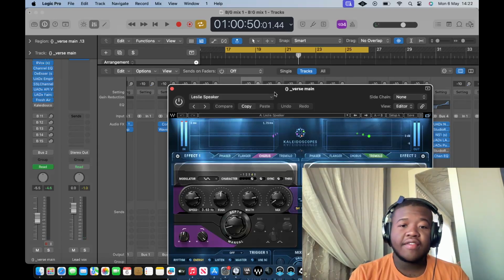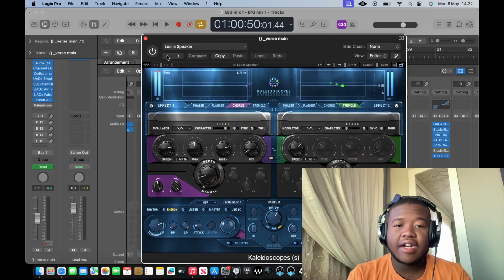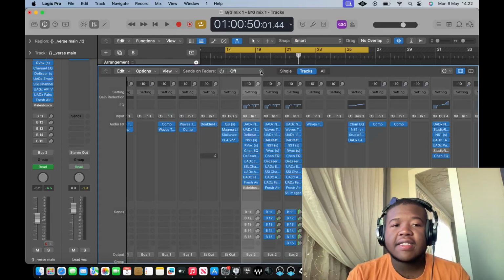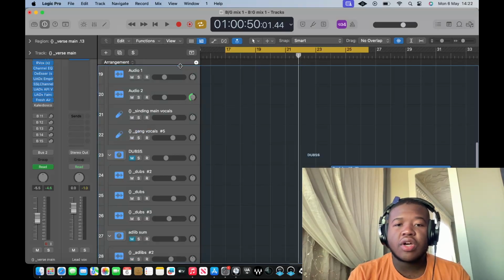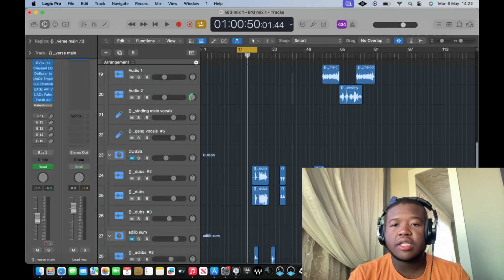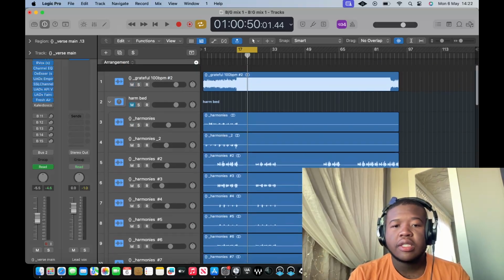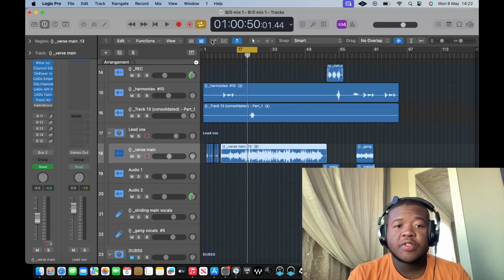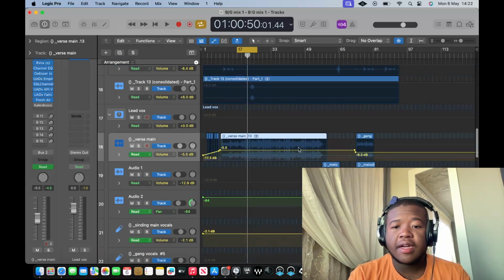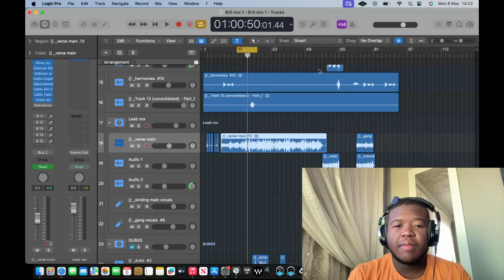And then the next thing that we have on here was Kaleidoscope. To be honest, this is not active until later on in the song. I automated it to do something later on in the song, which is around here. So I already automated it to do something around here to a vocal. What it does is darken it a bit more and make it feel very flangey, and it sounds quite dope.